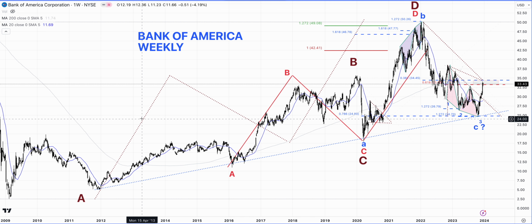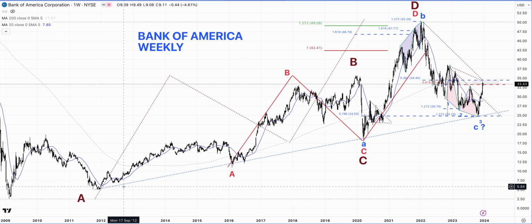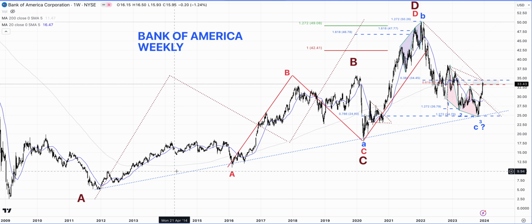I've drawn these lines not starting from here, just for ease of drawing and to make things more clear. This is actually the low, and it coincides with the low around here in early 2009, and I have labeled it as A. And then we can also see a very nice dotted blue trend line connecting all these points whenever the stock had a correction, and it has been rising nicely.